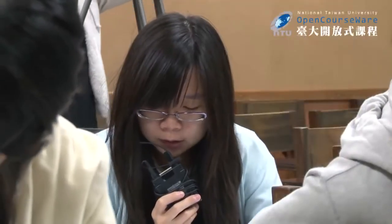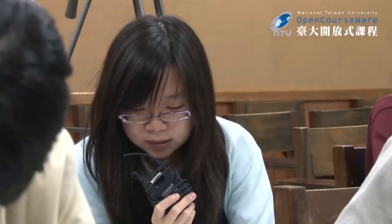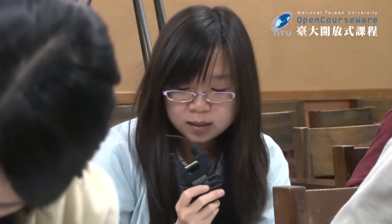The second formant is noticeably... Noticeably. You have to say it a little faster. Noticeably. The second formant is noticeably...